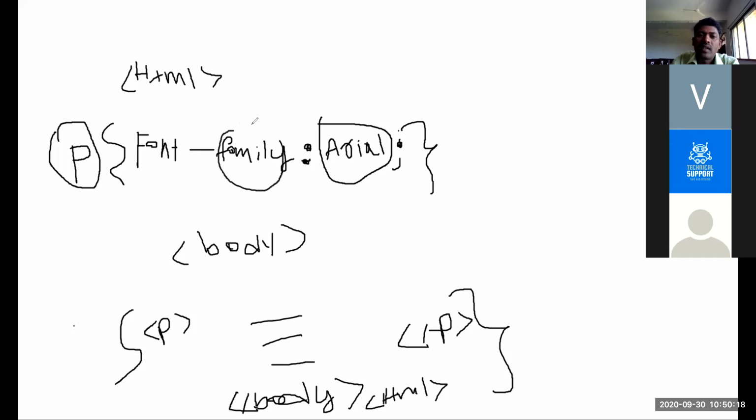Why is the name family? Anybody? Yes. More than one type of text format is there, so that is why we are using that name as a family, because nearly 20 font families are there in India. Maharashtra, Marathi language is there. Andhra, Telugu language is there. Madhya Pradesh, Hindi language is there. Go to USA, English is there. UK, English is there. Australia, English is there. Japan, Japanese is there. China, Chinese is there. So each country has its own mother tongue, its own language.